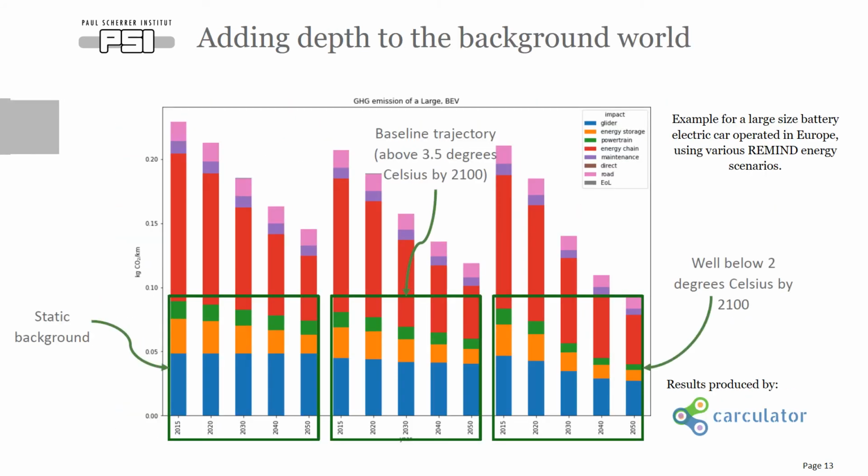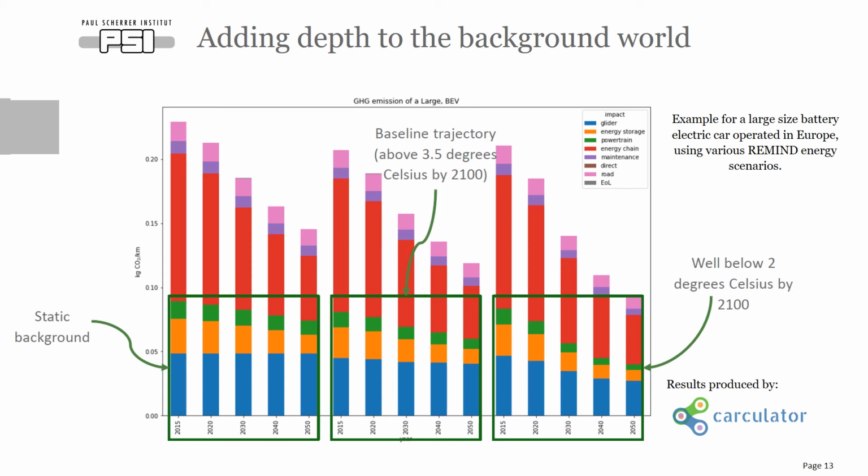But in practical terms, what does it mean? How useful is it really? Well, I think it is time to go back to our initial topic, which was passenger cars. And I think it is not difficult to actually see the usefulness of that tool. In front of you, you have a bar graph showing greenhouse gas emissions of a large electric vehicle operated in European conditions